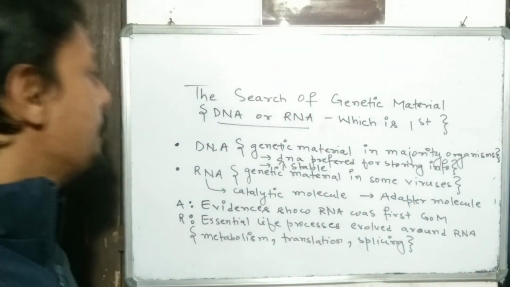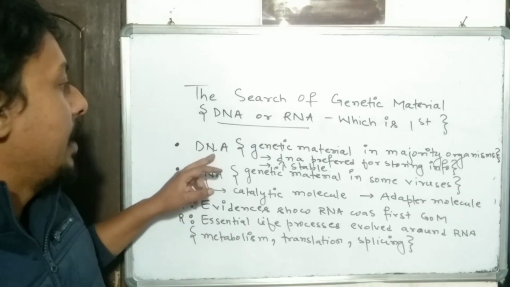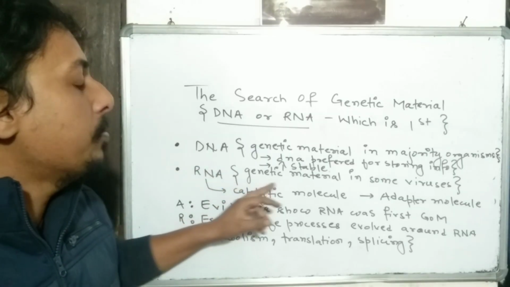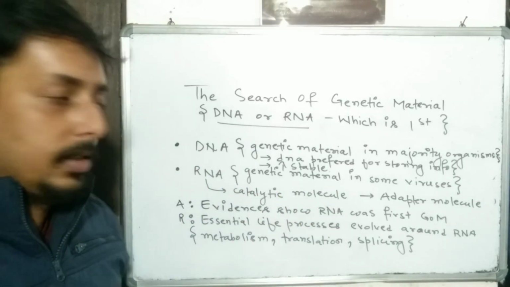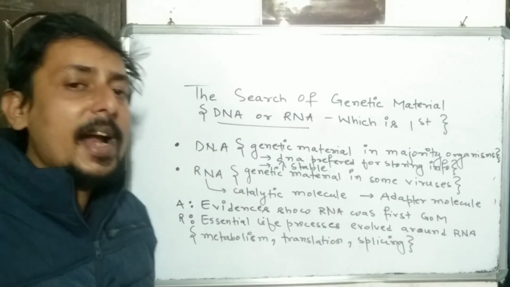Now, the second point is that RNA is the genetic material in certain viruses. Why is it so? You understand, viruses like coronavirus came. Many people were telling that the strains are evolving. For example, the virus evolving day by day. How does the virus evolve? Because many viruses, not only coronavirus, have an RNA genome, and the RNA genome is less stable.